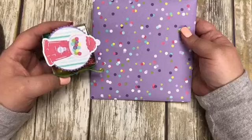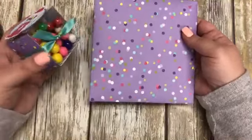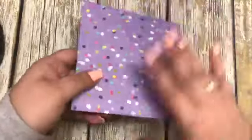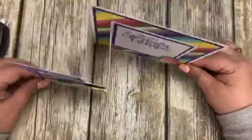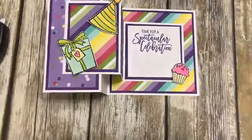a birthday party, whether it be a grandchild, a niece, a nephew, even an adult. Who wouldn't love getting a card like this? What I like about this card as well is that it's a nice one to just leave up and sit up. Your guests can leave it up like this. It'll sit. They can see it really well. Isn't that gorgeous? I know you guys can't see it, but when it's sitting up, it just is even more